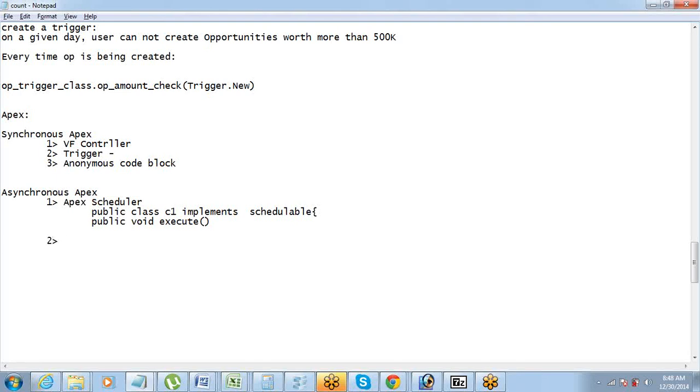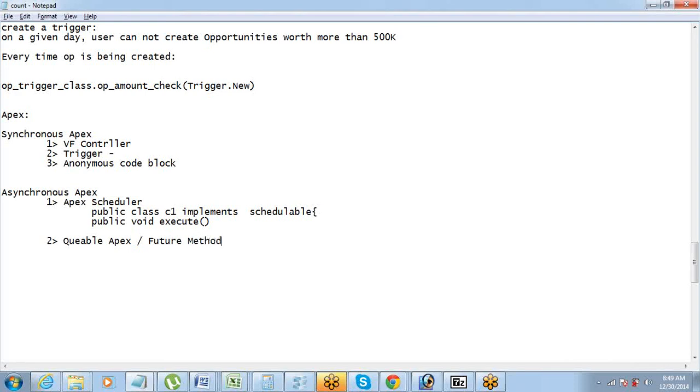Second way is to write queuable Apex. What is this queuable Apex? Queuable Apex means an Apex method which can be queued. Okay, before that, there's one more thing which is called a future method.